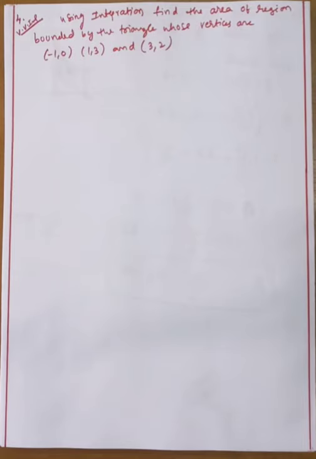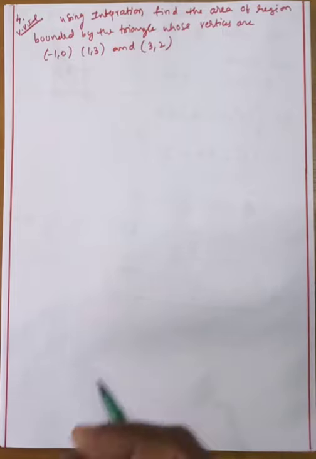Okay, my dear students, observe this very important problem. 100% this time also we will get one question on the area of a triangle. Using integration, find the area of the region bounded by the triangle whose vertices are given. In the same way, I already explained before class: first we indicate the points, in which quadrant the points lie. After that, whenever the points are given, compulsorily we find the equations of the sides: AB side, BC side, CA side.